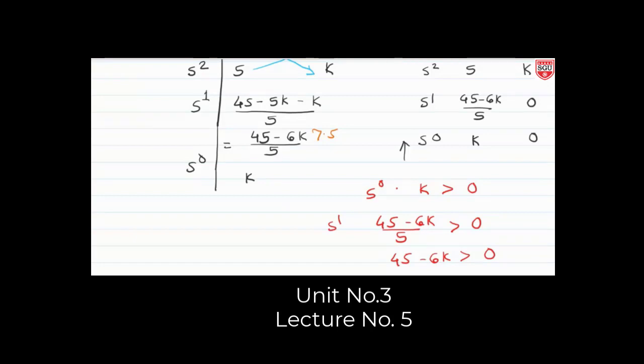And it is allowed. We know what we have to do if 0 comes. Means if it is 7.6, what will happen? If it is 7.6, then 45 minus the greater term than 45 will become negative. In the first column of that Routh's array, you will observe the sign change. So you have to take all the values between 0 to 7.5, and the maximum value is 7.5. And that will be our conclusion.